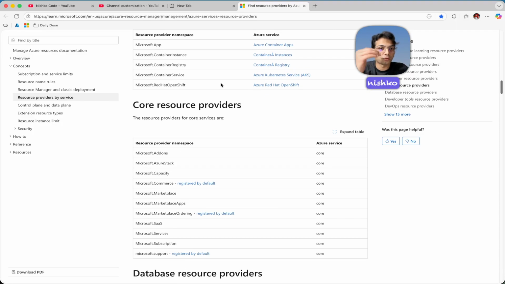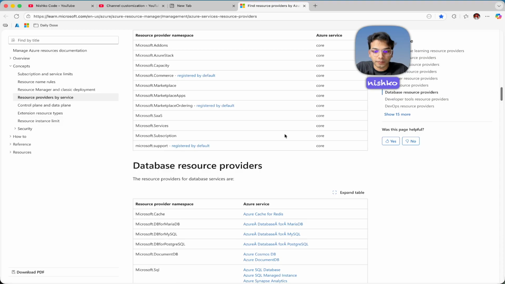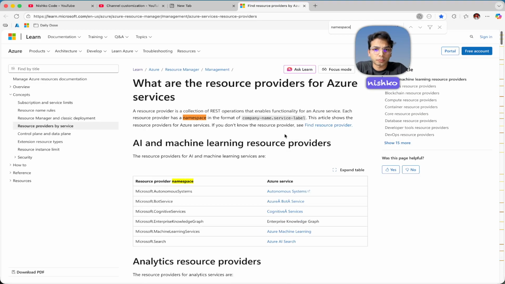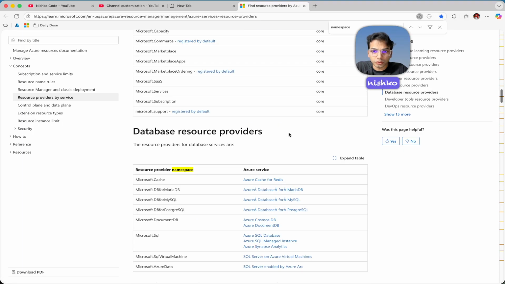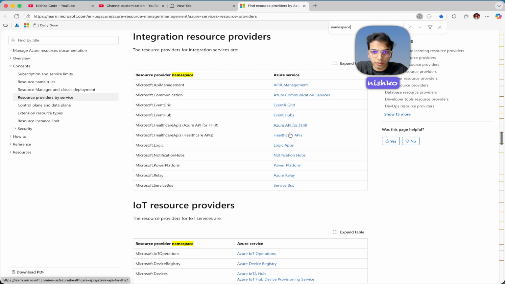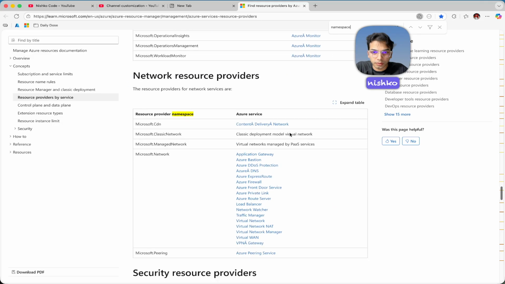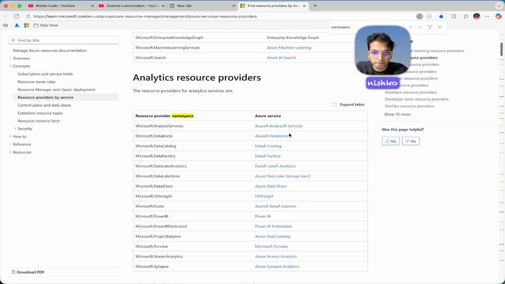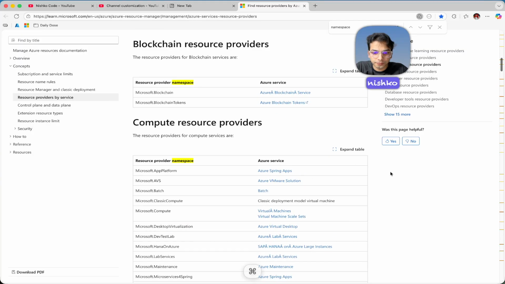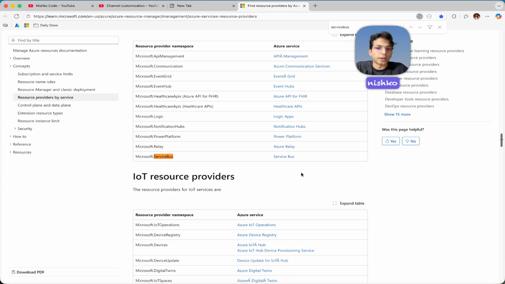So if I search namespace, AI machine learning, in the container core resources, namespace. Okay, Azure Service Bus. But if you go to the Bicep, it's going to mention that it's coming from the,